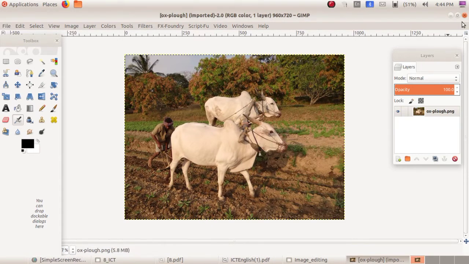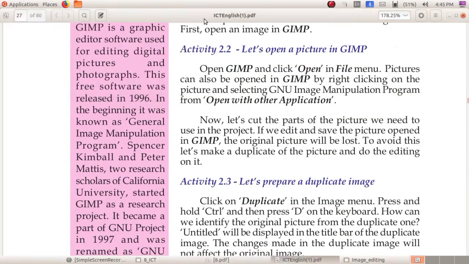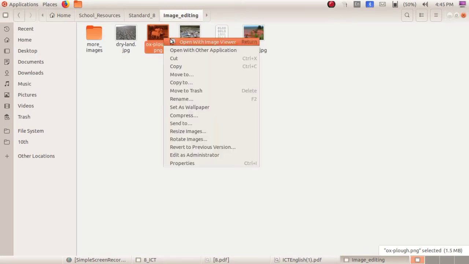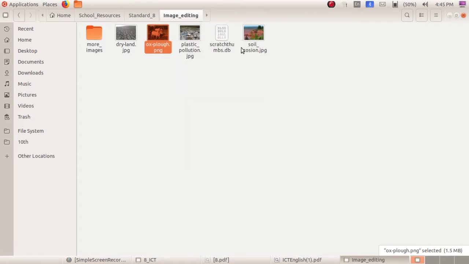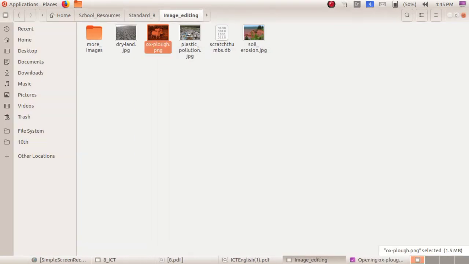To show another method, I am closing all the windows and going to image editing in home. Here you can see oxplot.png. Right click it. If you double click it, it will be opened with image viewer software. If you right click it, you can open with the other application. So select GIMP, then click on select.